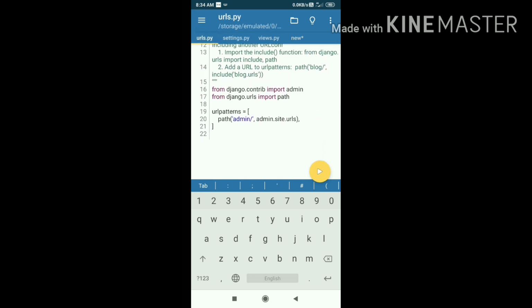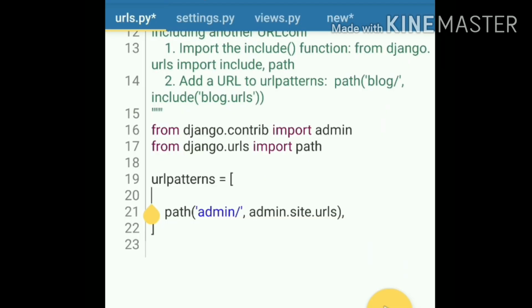Let's come to our urls.py, and here we can see the path is given for admin, and we will talk about this admin later because it is also related to the database. Now it's time to add a path for our home page, so let's add it. To add a path, simply type path. Now what I'm going to do is add a path for our home page. Home page means there is nothing, so I'm going to add two quotes, and between these quotes there is nothing.